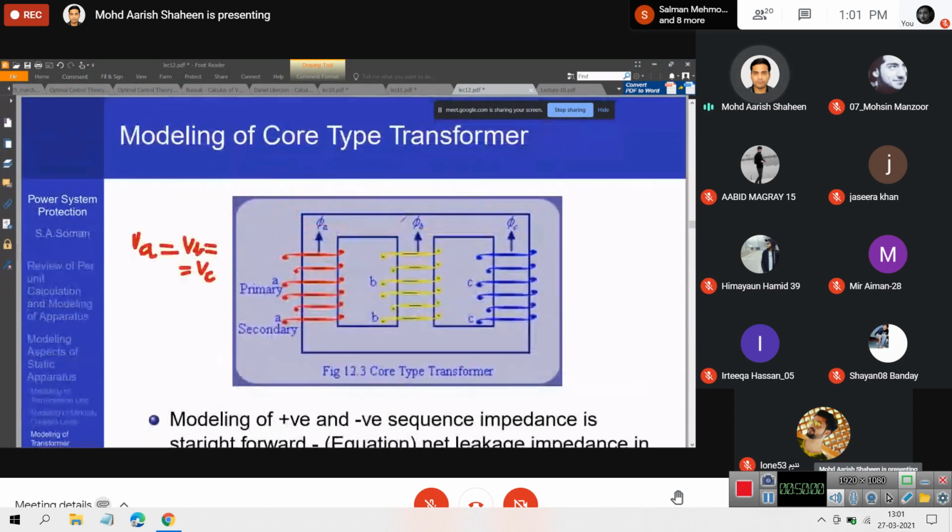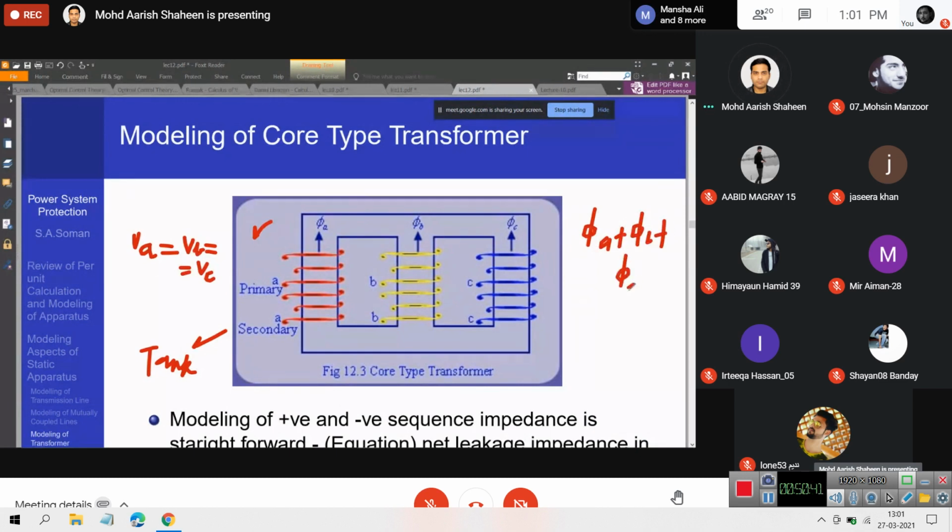On the other hand, if I look at this point, outside this, let's assume that this iron is ideal. If iron is ideal, all the flux is confined to the iron. What is outside here is air, and this is the tank. Okay? In fact, here there will not be air, there will be oil, but anyway it is a non-magnetic material. I am assuming flux cannot leak out. I will modify that assumption in a moment. But if I look at this point, there is an incoming flux, there is an incoming flux, there is an incoming flux. The net incoming flux will obviously be equal to phi A plus phi B plus phi C.